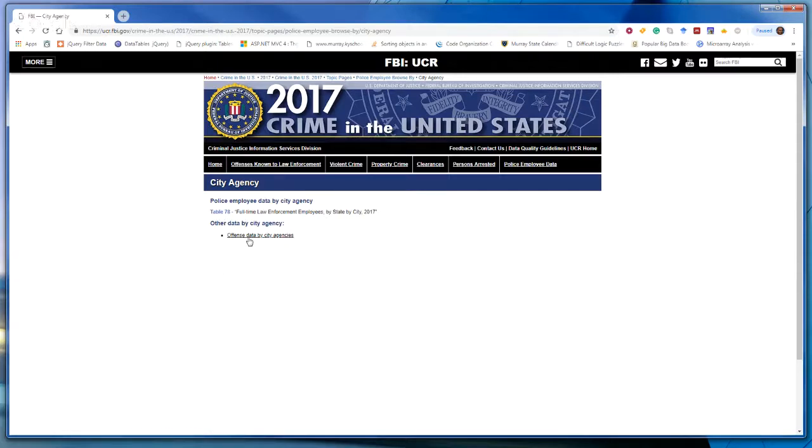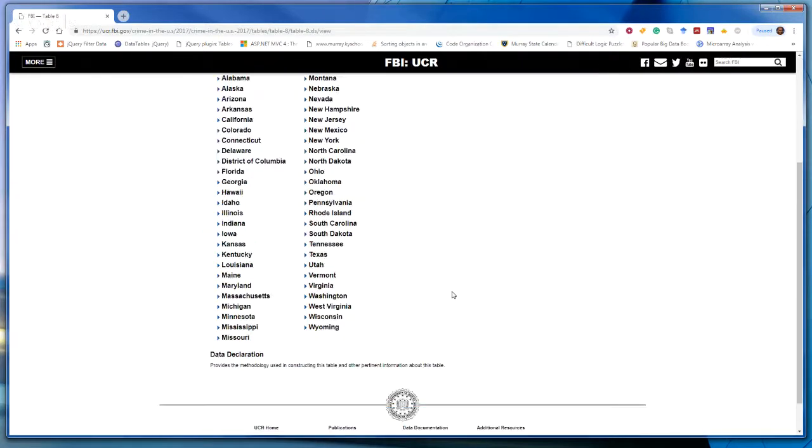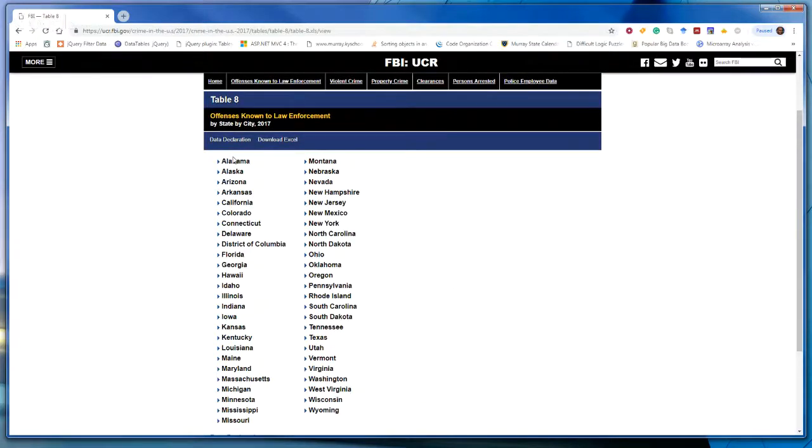Say, let's take a look at the offense data by city agencies, and this would take us to, okay, here you go, table 8, and you click on that. This would redirect us to a page where we can look at offenses as reported by agencies in different states.